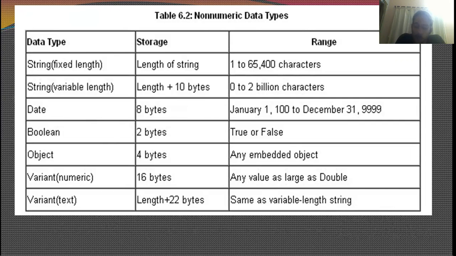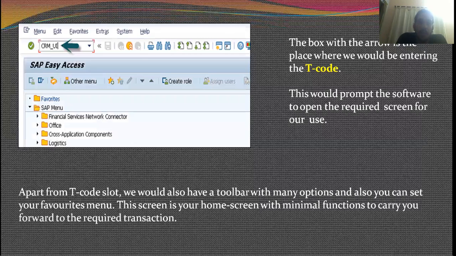And once we begin with the session, wherein we would be beginning with the free ABAP tutorials, we would be looking at how to handle and execute these numeric and non-numeric data types while we are creating a program, or probably when we are creating a table, etc. We'll just keep looking at things as we keep moving forward. So this is why we use ABAP.